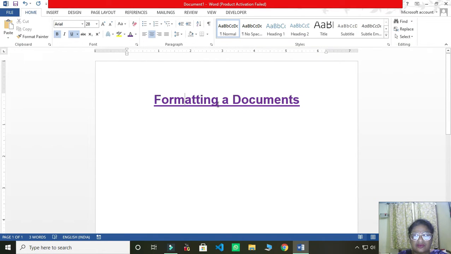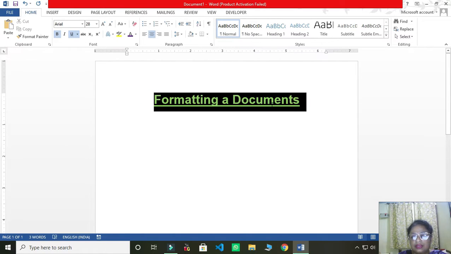And you notice here, children, the spaces in the sentence between these two words are also underlined. So when we select long text, the spaces also come underlined.